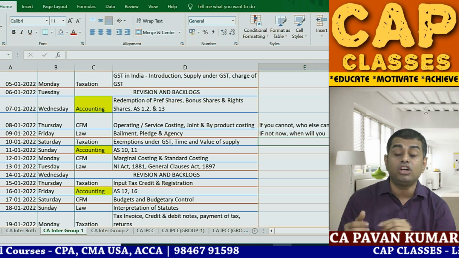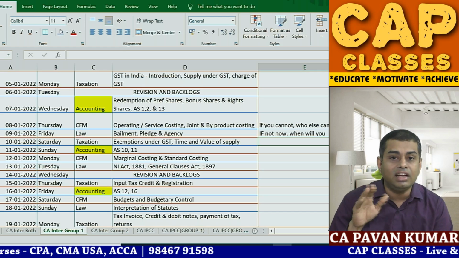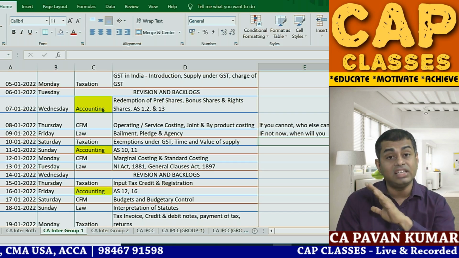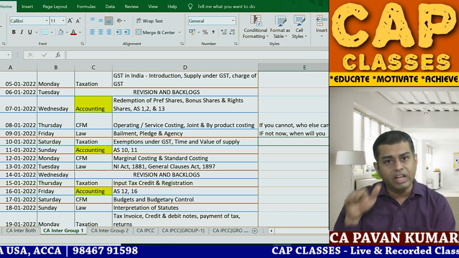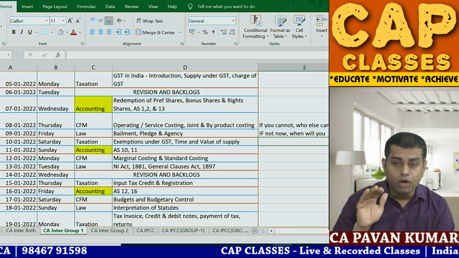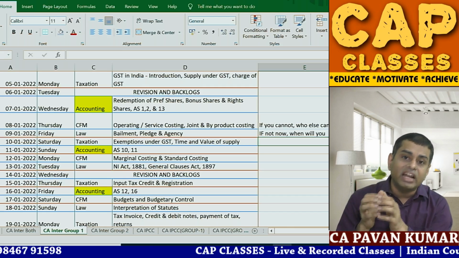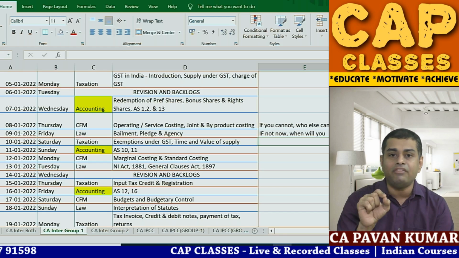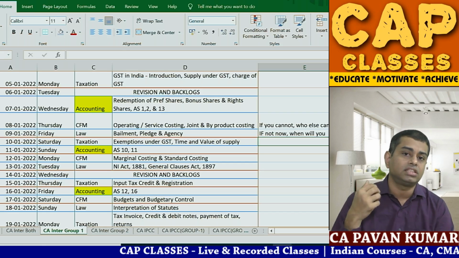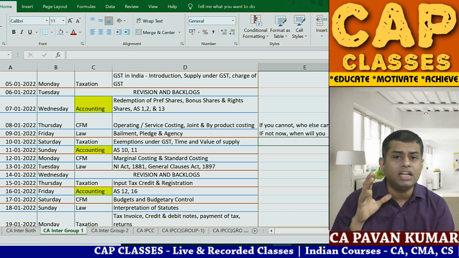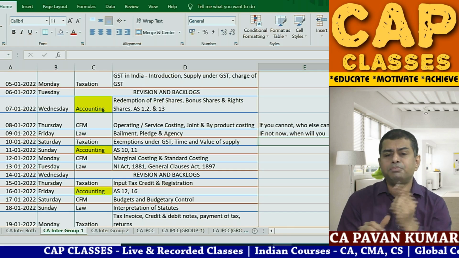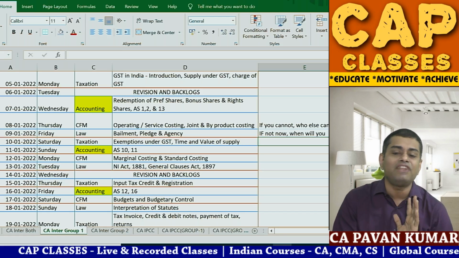relevant faculty. I'm not saying I will personally evaluate. I will monitor it, I will see the quality, and junior faculties, they are also qualified people, CA final people, cost accountants. So we have an academic team. Under my guidance, they will evaluate. We will write the comments and will help you in getting better marks. For this, normally we charge 299 rupees per subject for 8 exams. That means per exam, it is not even costing you 30-40 rupees.